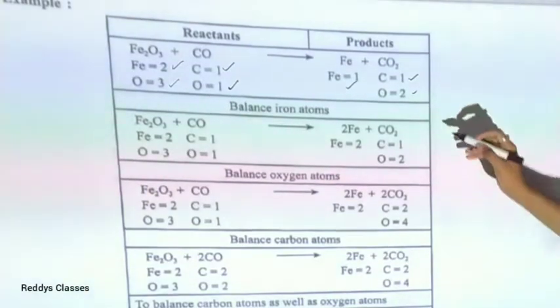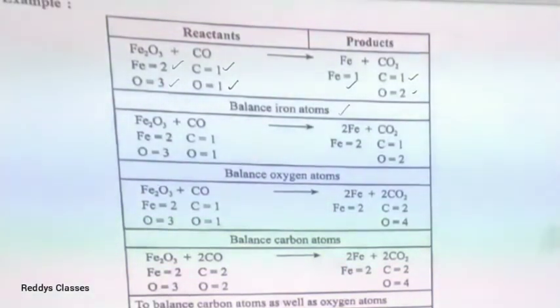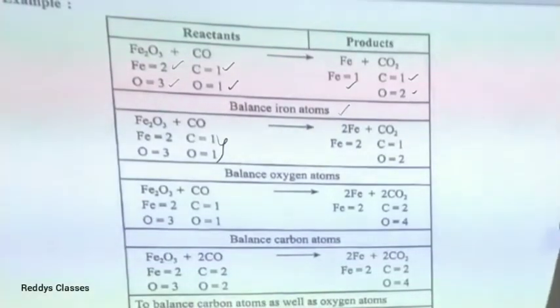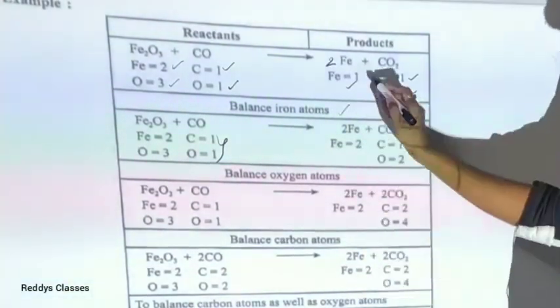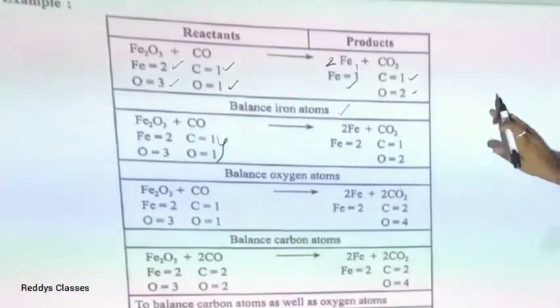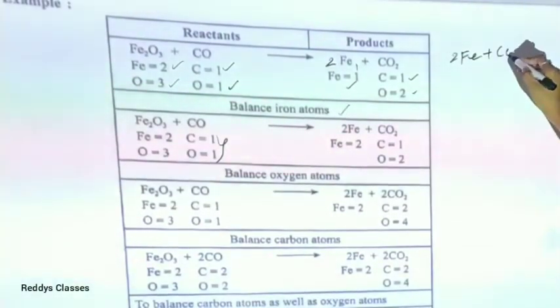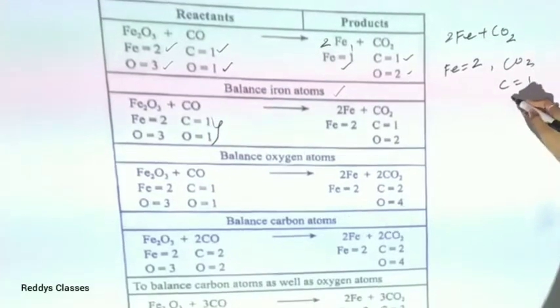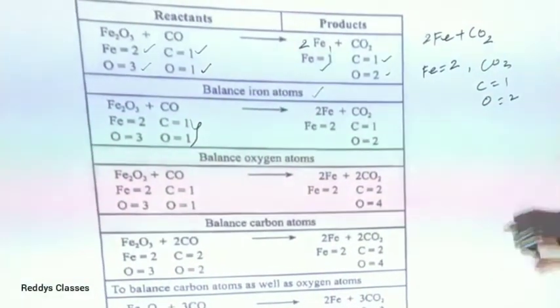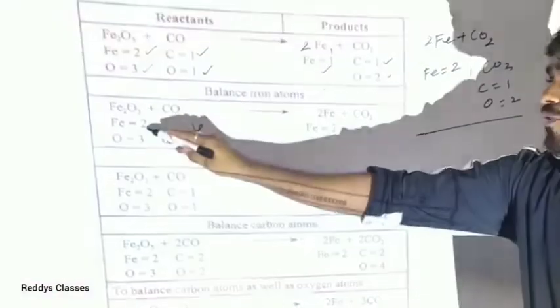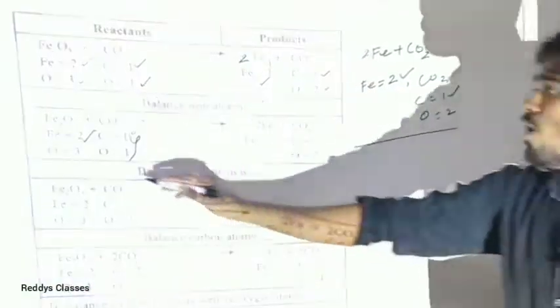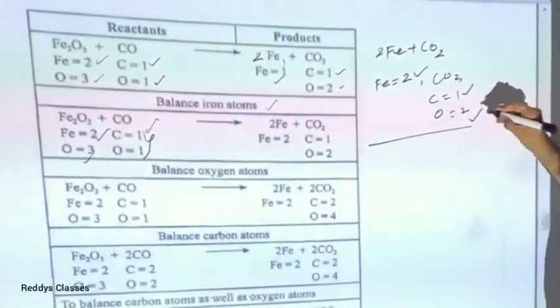Now let us start balancing the iron atom. So Fe2O3, we write the whole equation as it is. We will start balancing. Now if I multiply here with 2, 2 ones are 2, the equation will form 2Fe plus CO2. Now how much Fe do I have? Here 1 means 2. CO2, for CO2 I have C 1 and oxygen as 2. So now let us see the equation. We have Fe2, CO, C 1, oxygen 3 plus 1 is 4, we have oxygen only 2.